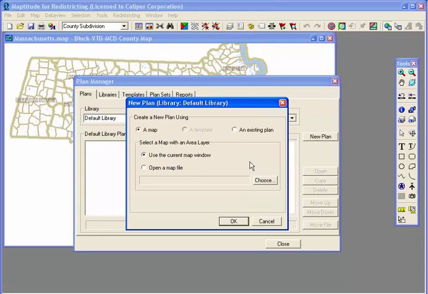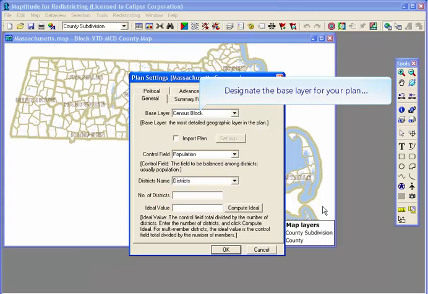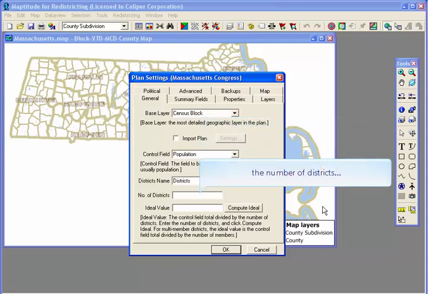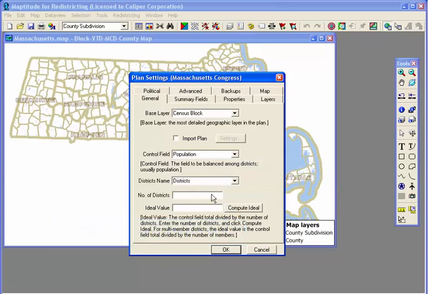First, I'm going to create a new plan using the map that I have open, and use it to create congressional districts. Choose the base layer for your plan. Choose the population or other field to use to balance the districts. Enter the number of districts to create, and compute the ideal value for each district. So, for example, I'm going to create 10 districts, and once I click this button, you can see that 10 balanced districts would each have a population of